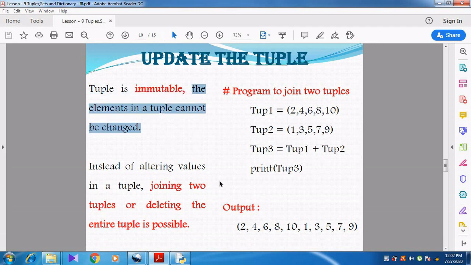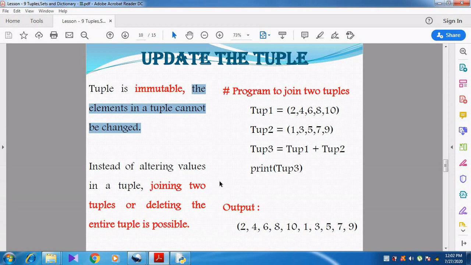Whenever I assign some values, 1, 2, 3, 4, 4 values are assigned in the tuple. I cannot change those 4 values. Instead of changing the 4 values, I can add some more values to them.